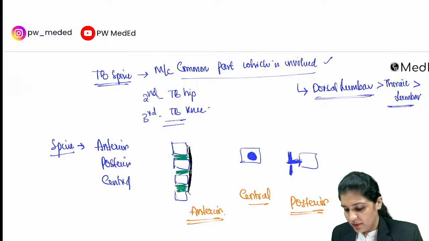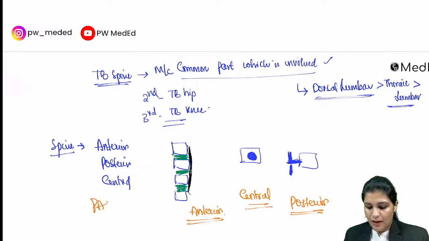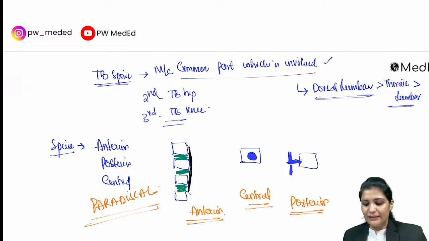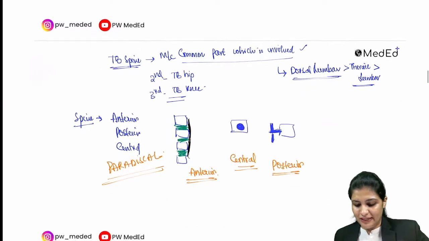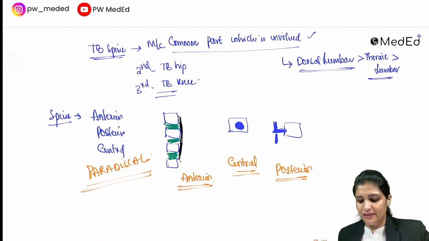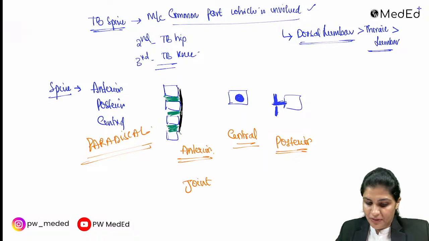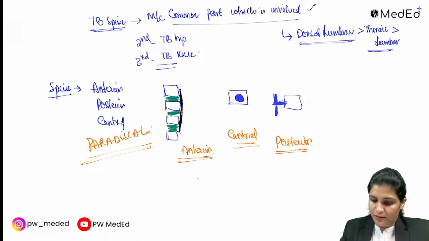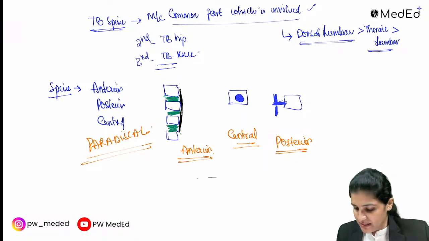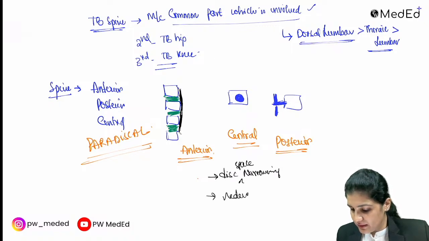And the most common, which I've already discussed, is your paradiscal position. Paradiscal, where the disc is involved. So you will see on the X-ray that the disc is involved. The intervertebral disc space is narrowed, right? So there is a disc space narrowing which is seen in case of tuberculosis, and there will be a reduction